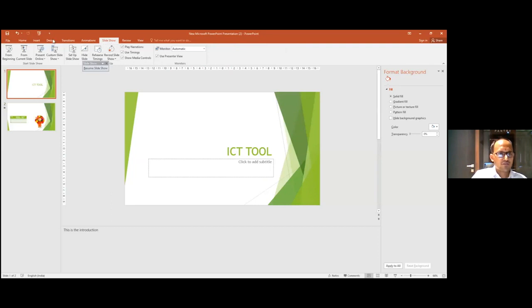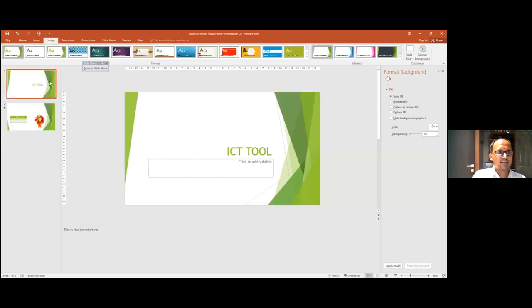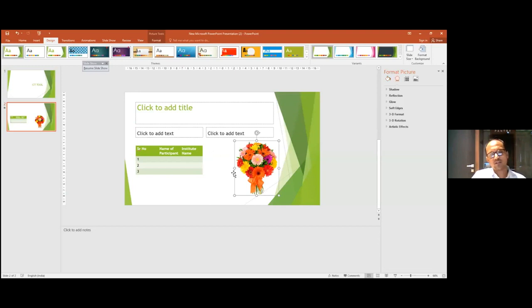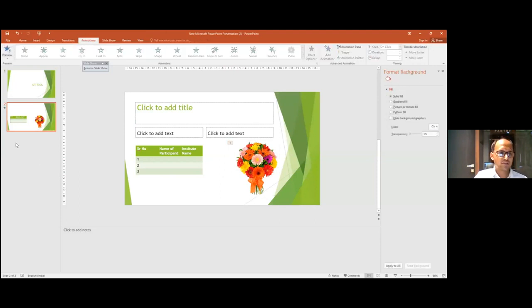So you can give the timing to your slides as well as the images or the text, but I prefer not to give too many transitions to your slide at a time, because otherwise you will have to click, click, click, and your content will not appear immediately on the slide, and the audience looking at the presentation will get confused every time something is coming in. So better to use fewer animations wherever needed. Only there use your animations.